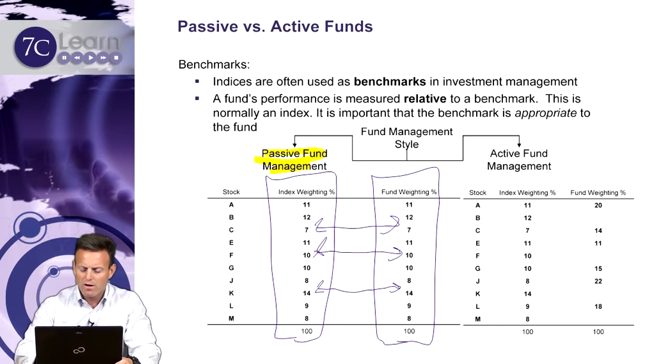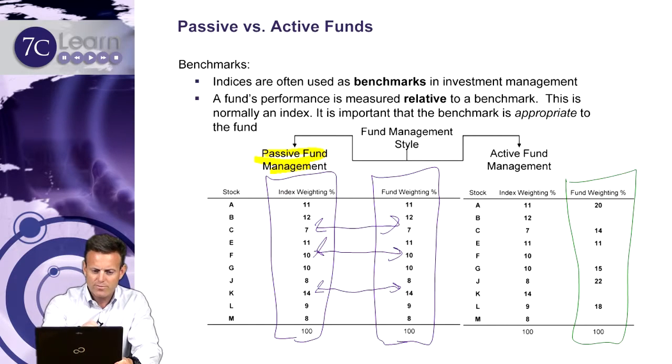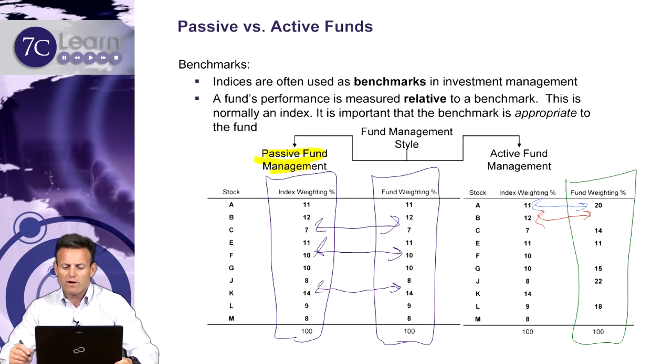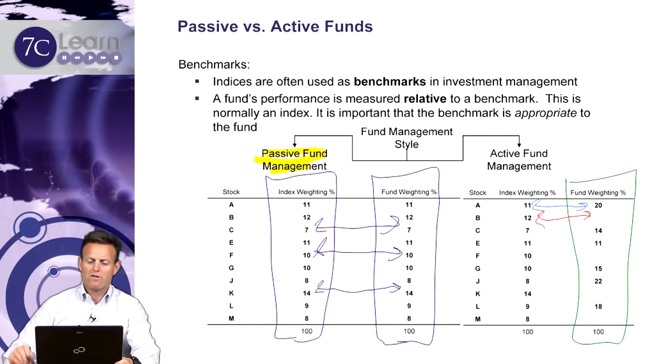Okay, that would differ from an actively managed fund. So if we had an actively managed fund over here, you can see that the weightings between the index and the fund are different. So in this case, we would say we're overweight. In this case, we would say we are underweight. In fact, we've got no weighting. That's very unusual that we'd completely avoid a stock. But here we would certainly underweight something. So we can go underweight or overweight particular components of that benchmark. We're not trying to directly replicate the benchmark, and that's what we see here. And that would be if we're an active manager.